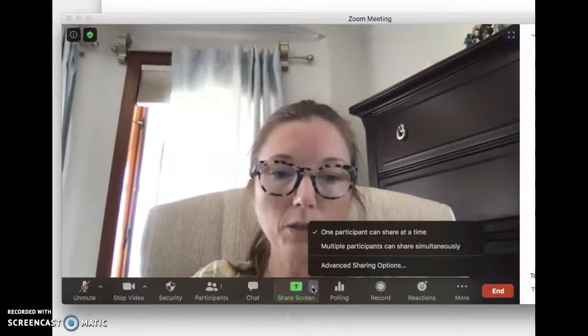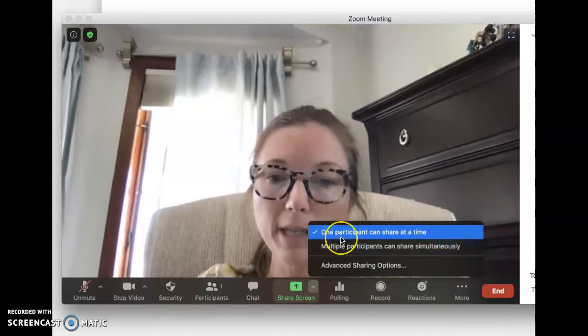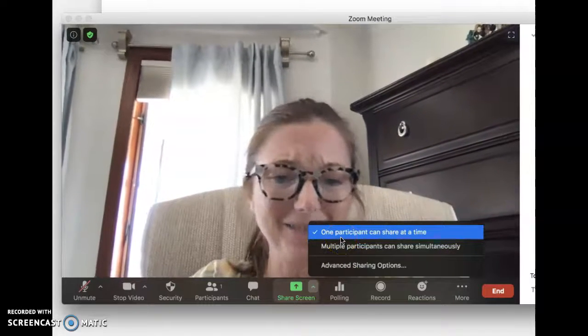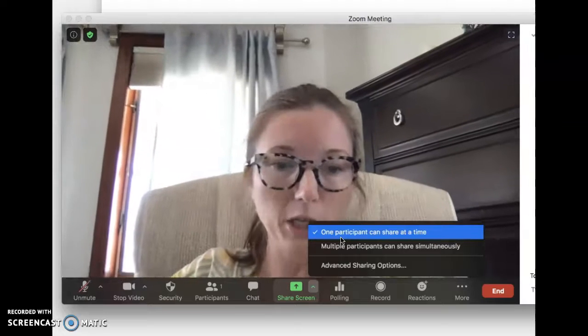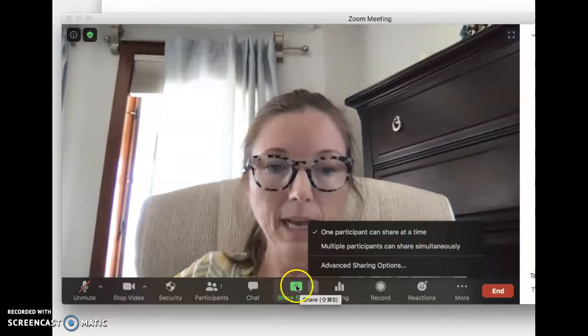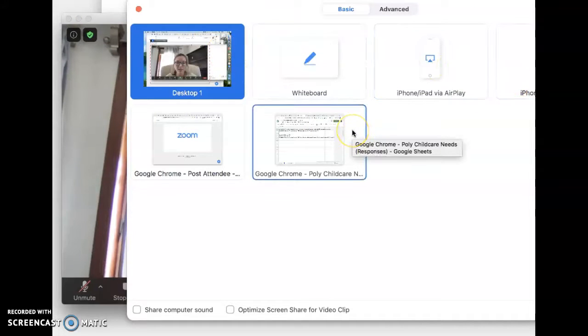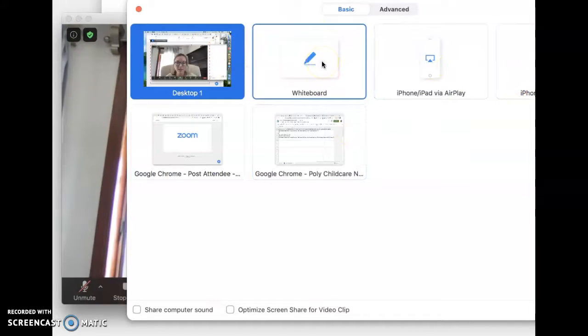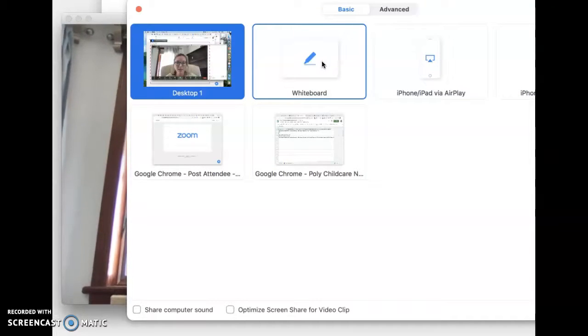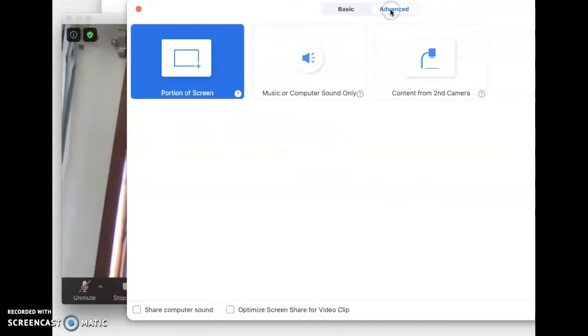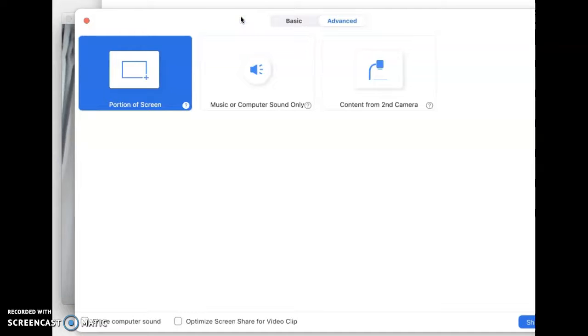Screen share. So screen share is one participant can share at a time. I think that for starters, that's the way it should go. And then if I want to share my screen, there are a couple things I can do. Okay, so it'll give me a whiteboard, which I think is particularly helpful for math. But you can also go to advanced options, and advanced options